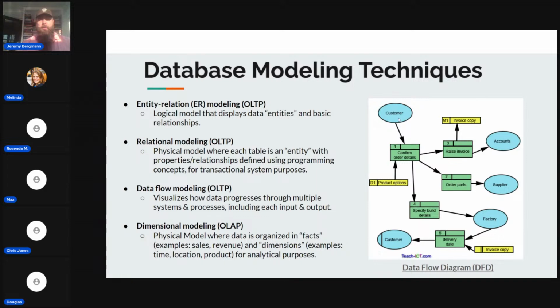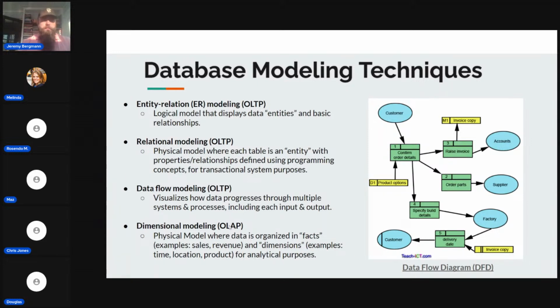So data flow modeling will help you conceptualize this, and then you go to an ER diagram or relational diagram, a physical diagram, to be able to help you get to the tables and the data you need and understand how the data works through it, so you can change that process or fix that process or fix the data